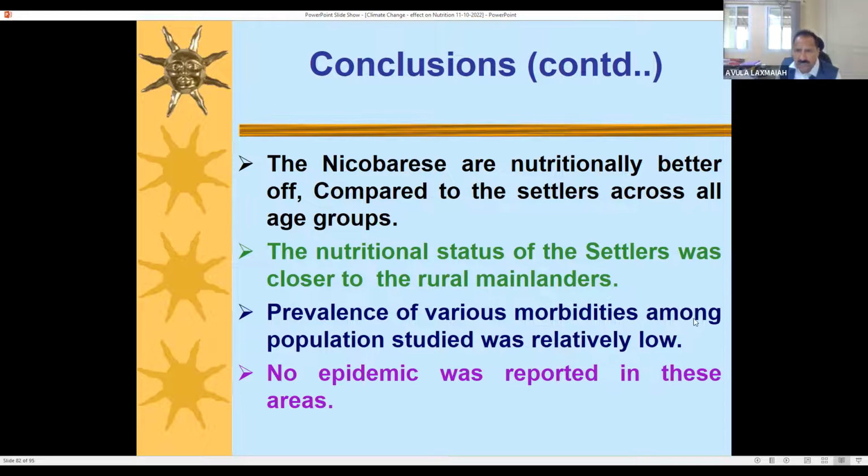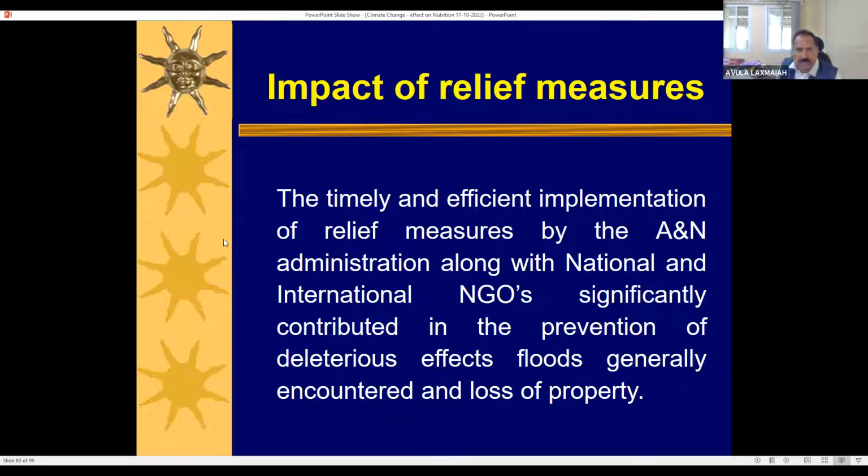The prevalence of various morbidities among the population studied was relatively low. No epidemic was reported in these areas because of better preparedness. So the impact of relief measures: the timely and efficient implementation of relief measures by the Andaman and Nicobar administration, along with national and international NGOs, significantly contributed to the prevention of the deleterious effects of floods generally encountered and the loss of